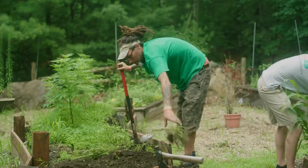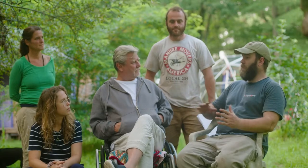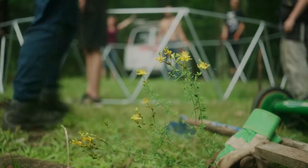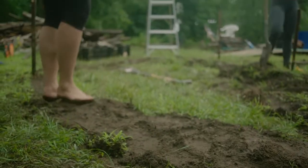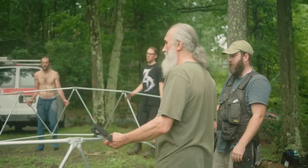We're going to end up having a structure that'll be a growing space, a seed starting space, kind of multifunction. So we'll have some gardens in there and also some space to relax. The theme is returning and remembering. Going back to the ancient ways, but also acknowledging and paying tribute to those who lived here before us, who knew how to grow their own food and build their own shelter and thrive outside our current economic system,